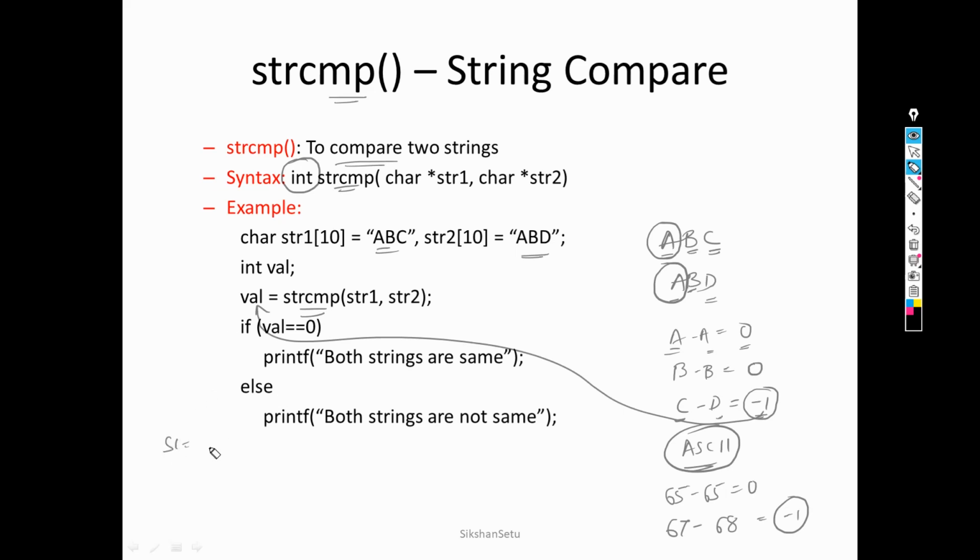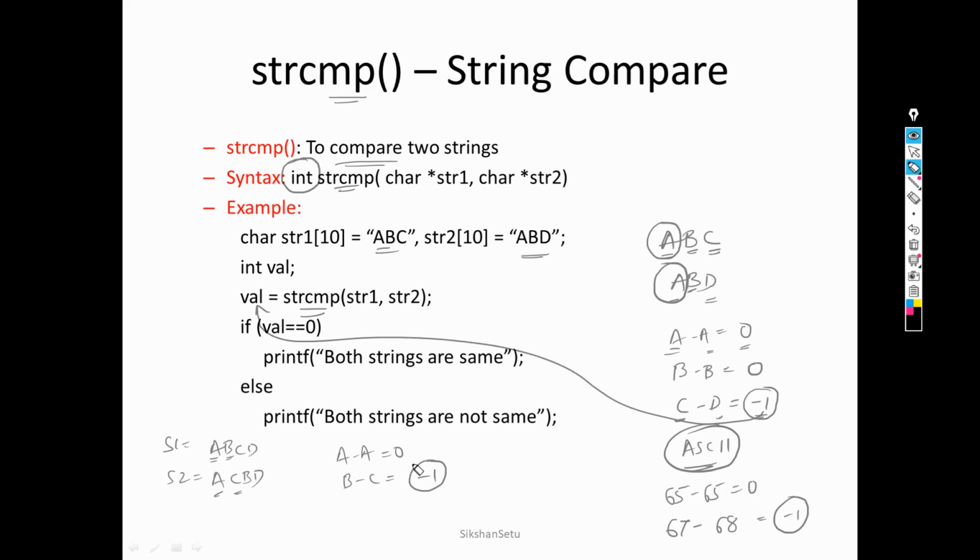For example, we take another example here. Suppose S1 is ABCD and S2 is ACBD. As per the rule, it will take the first character of both the strings. So A minus A gives you 0. Now it will take the second character, that is B minus C, that gives you minus 1. Here we have received a non-zero value.